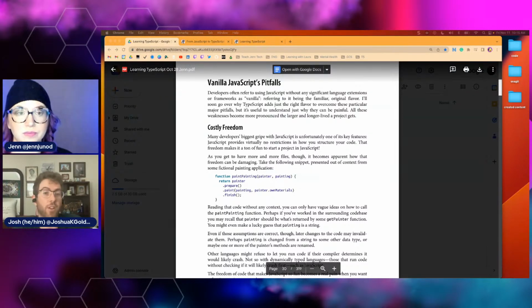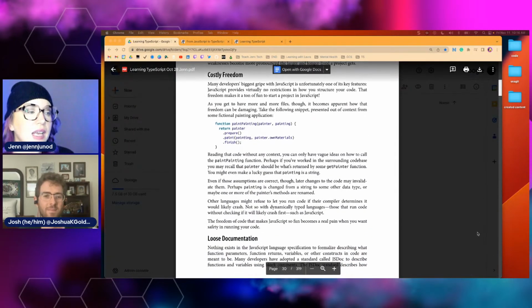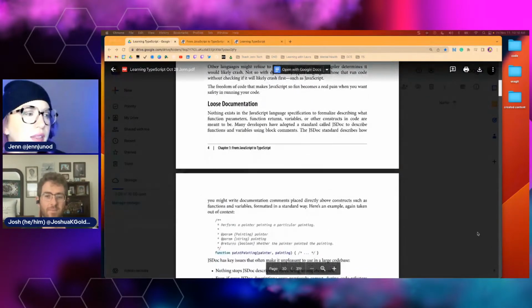You can't say that this function takes in a string and a number, and then later on, if you pass it something else, have anything tell you, no, you did it wrong. That just doesn't exist, which is real bad when you have thousands upon thousands of lines of code.